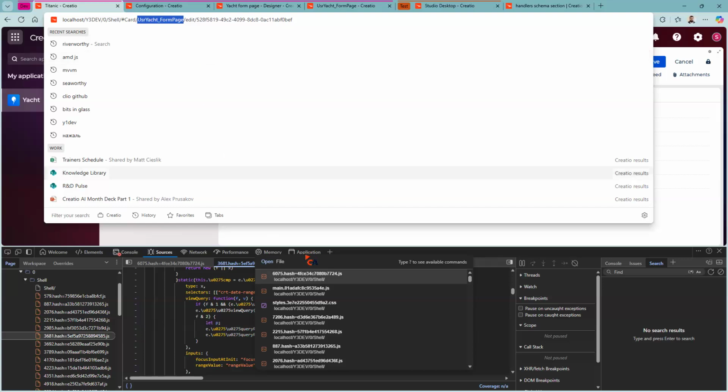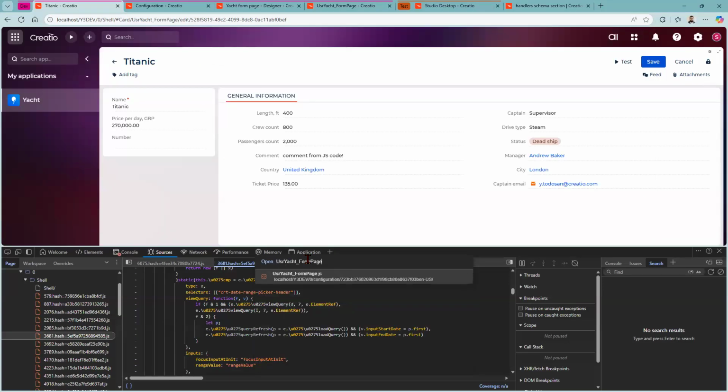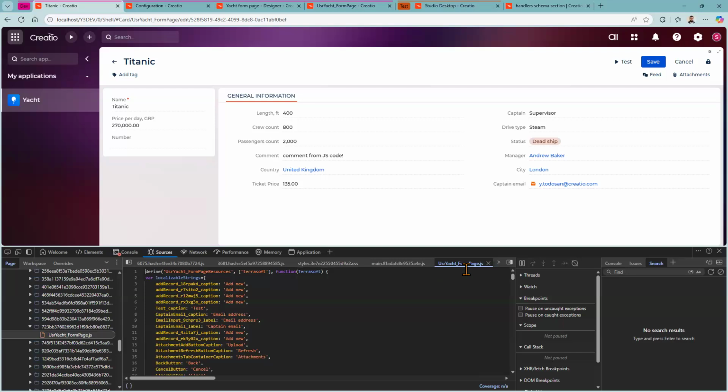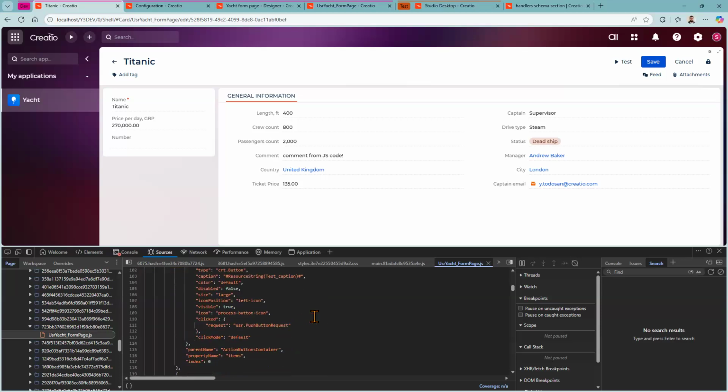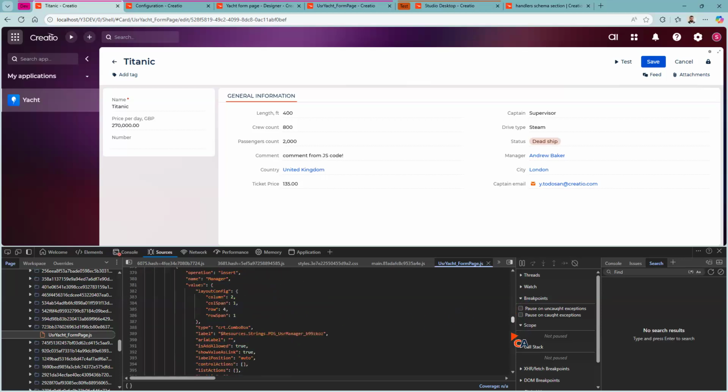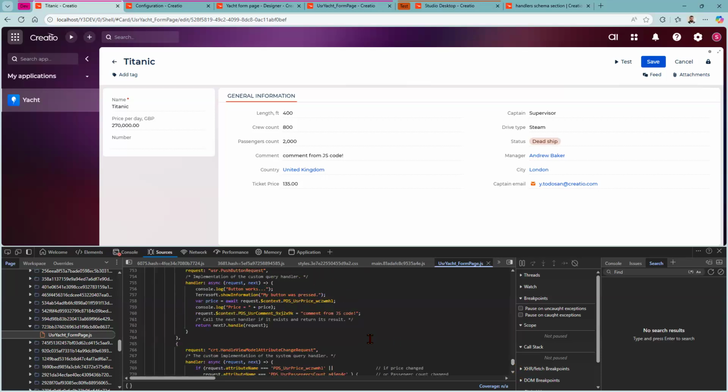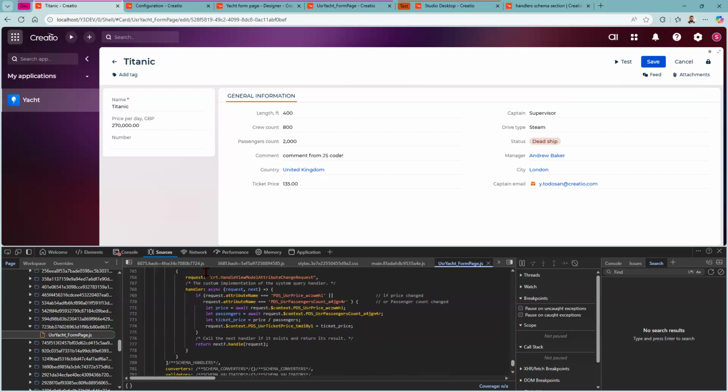And I can find the file. So there it is, user yacht full form page. And we will see the same source code that we have just seen. And we know that our handlers are at the end of this code. So here is our request, handle view attribute change request. And here I can introduce a breakpoint that will only react